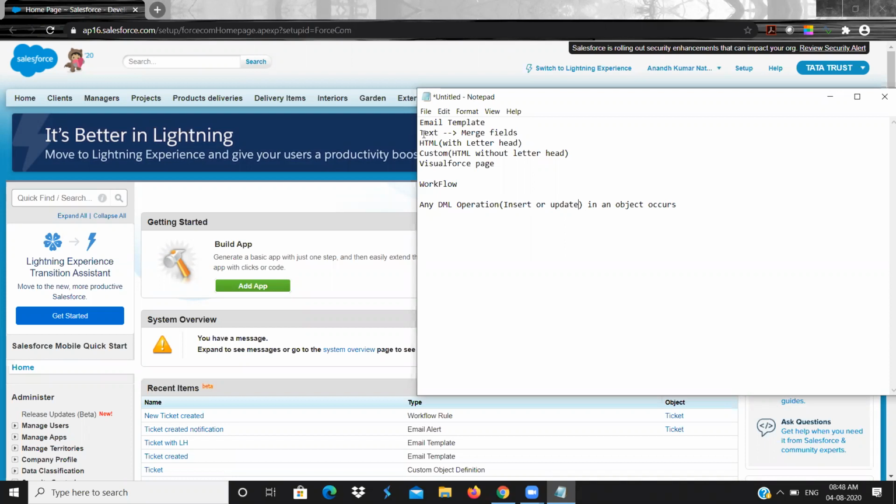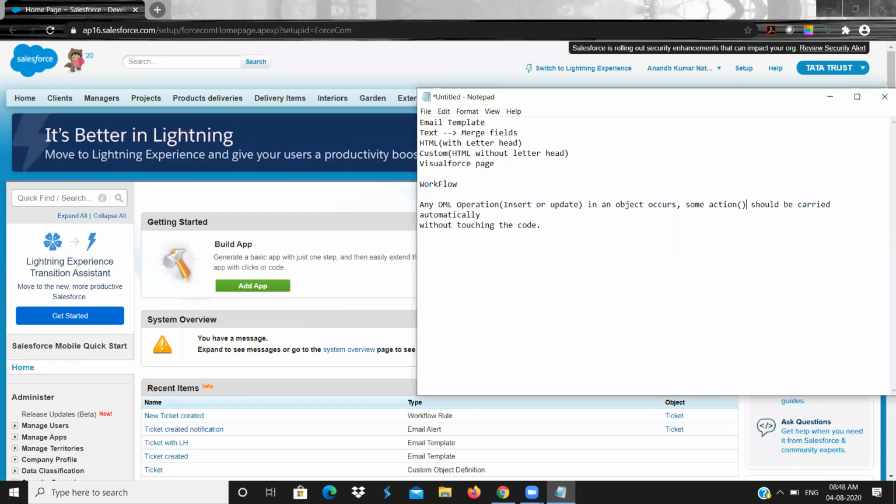So any DML operation, that is insert or update, occurs in an object, some action should be carried out automatically without touching the code. Without touching the code, I want to perform some actions automatically.